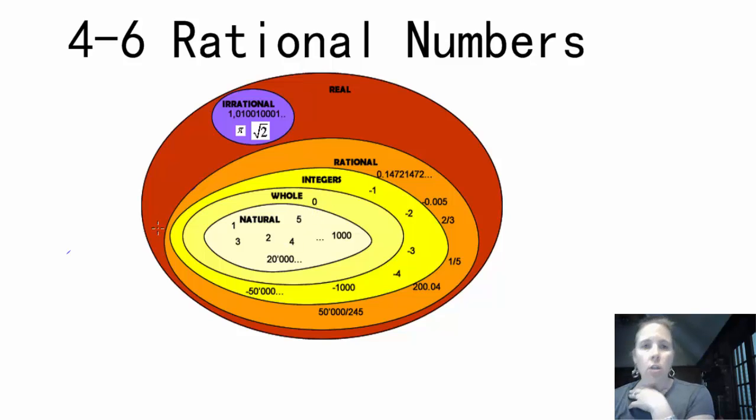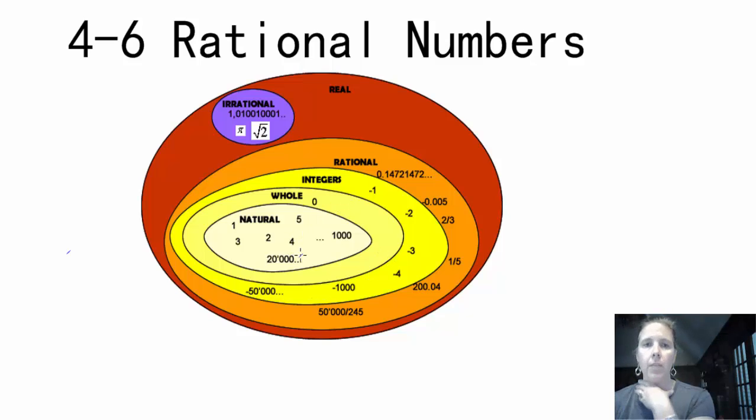And then draw a circle outside of that. Whole numbers are natural numbers and zero. So zero and then your positive numbers, 1, 2, 3, 4, 5, 6, etc. Integers, so draw another one. Integers are your whole numbers and their opposites. Remember, we learned that in chapter 1. So it's going to be -1, -2, -3, -50,000, along with zero and along with 1, 2, 3, 4, 5,